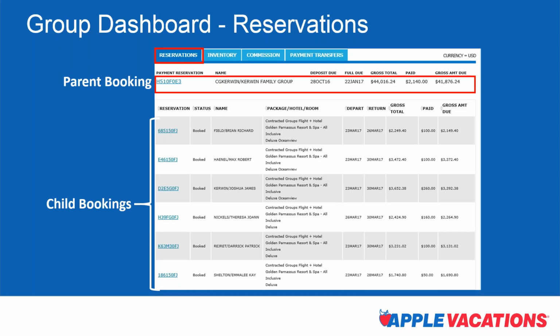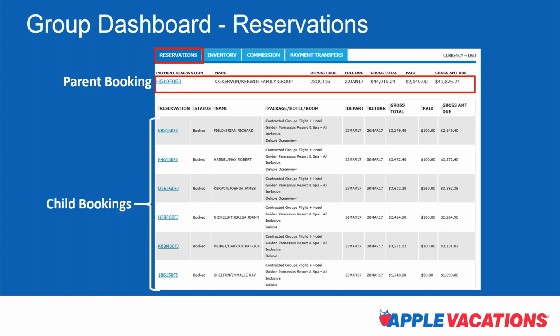As you're building your group and booking each room, you'll book them as if you were booking an individual FIT booking. So it's so easy and you have so much flexibility and so many options. Each one of these child bookings, if I can equate it to what you do now, is like a different room on your rooming list, except that each one has its own unique booking number. And you can add air to some, charter air to some, scheduled air to some, you can add insurance, you can add excursions to each individual room.